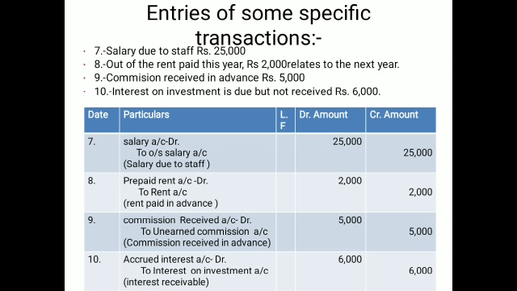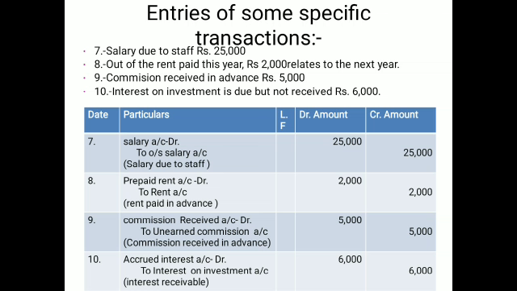Now the next one is if interest on investment is due but not received. Then it is an income receivable, so you have to put the income to the credit side first. Income is a part of revenue, so the interest on investment account is credited. But you have to shift this, because it is not received now, to accrued interest. Accrued interest means interest receivable. So these are the entries which have to be listed here.